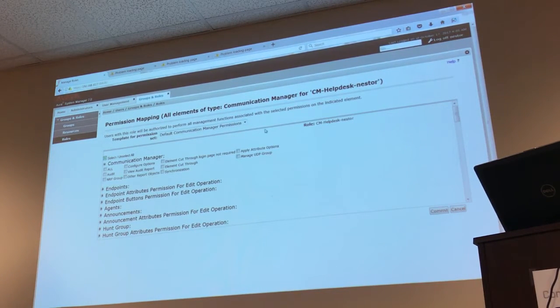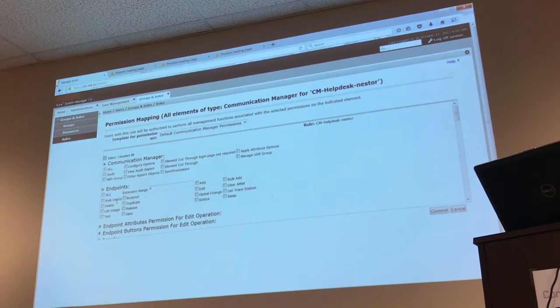You could say, hey, for example, you want this role to be able to do certain things on endpoints on CM. Maybe all you want this role to be able to do is display. Let's see, where is display? View, display extensions, meaning that it cannot change a station in CM or remove, only display. Or maybe you also want the role to be able to busy out and release stations. You see, you can be very picky with the stuff that you want this role to be able to do